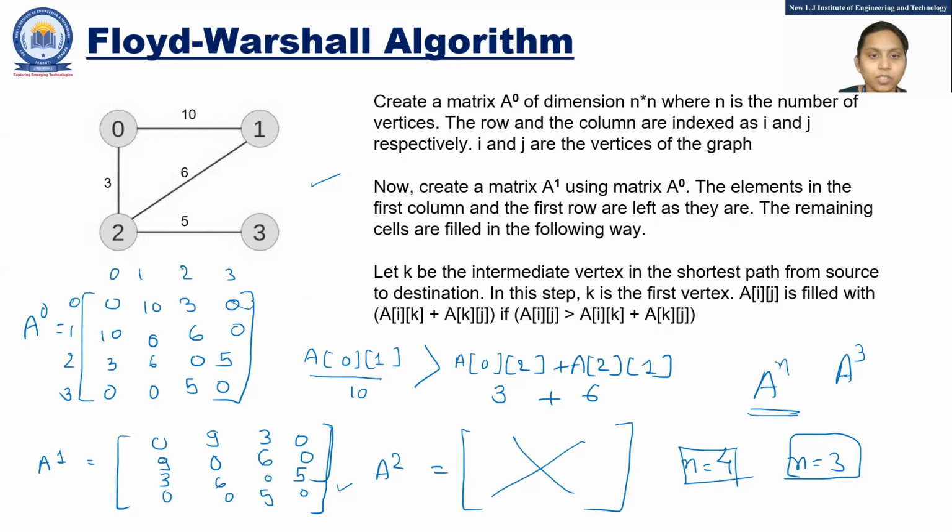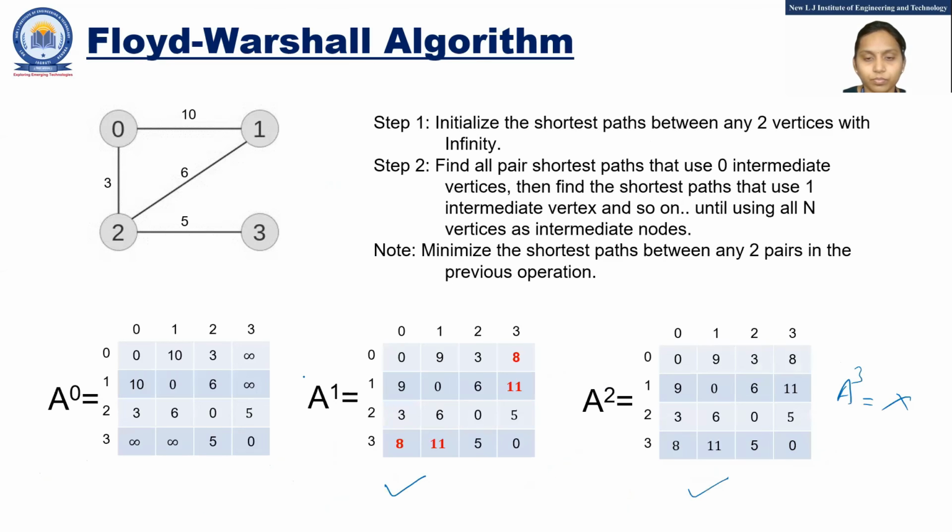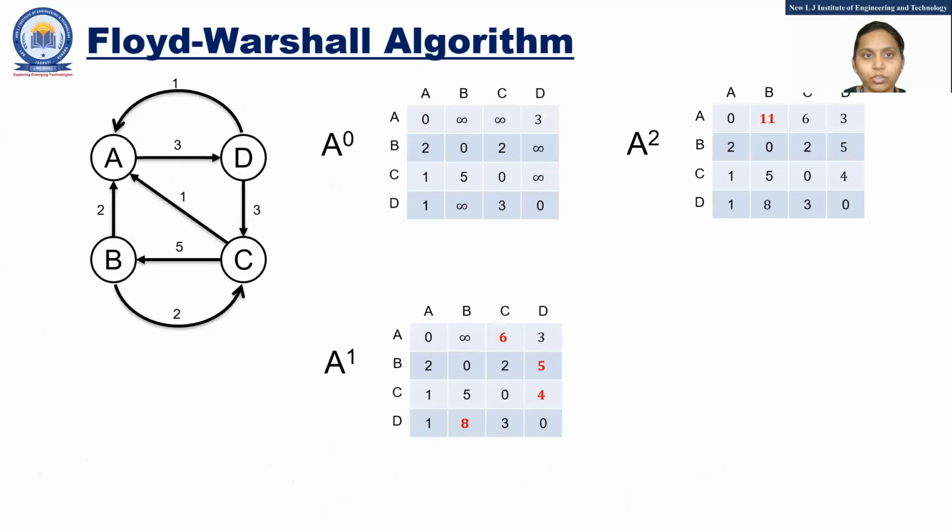Here, the distance is not known, so we keep it as infinity. Okay. And here also you have to check whether modification is required or not. Fine. So this is the way you are updating the value 10 to 9, and you are also adding some extra value because via some node you are able to reach. So it is now not infinity. Fine. So this thing you can change in your Floyd-Warshall.